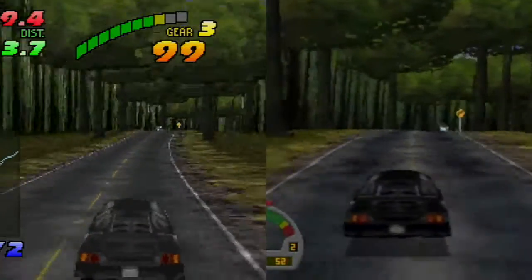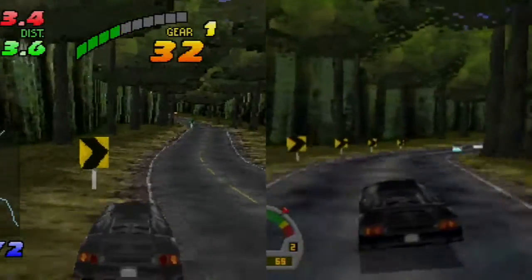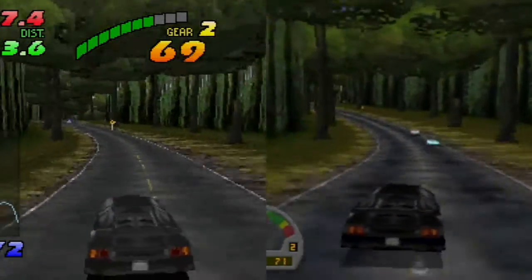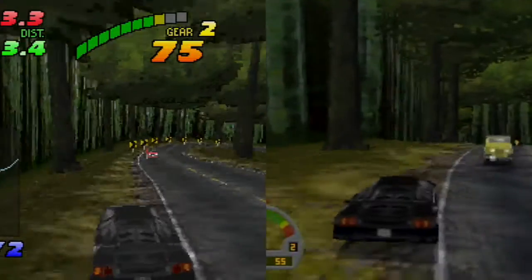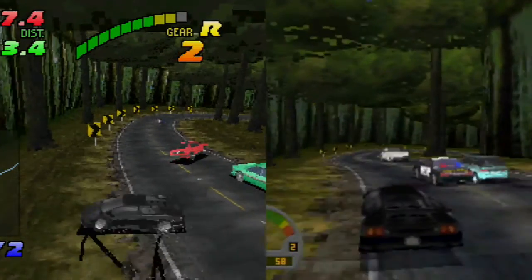This is mostly due to the video output capabilities of each system. The 3DO outputs 480i over S-Video, while the Saturn offers pristine 240p RGB over SCART. Still, if you can look past the video output quality of each respective console, there are some other graphical differences